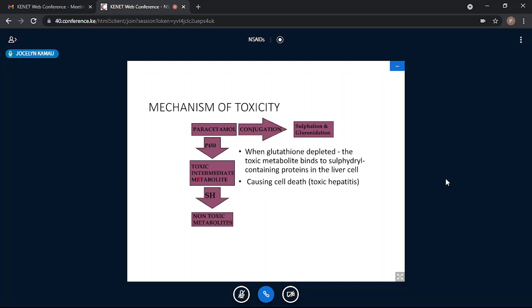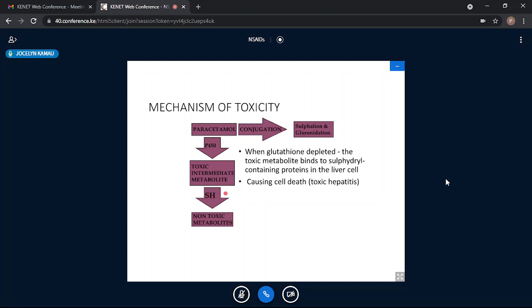So what's the mechanism of toxicity is what we have already said, that paracetamol normally undergoes sulfate conjugation and glucuronic conjugation. If you do have the cytochrome P450, and if it is acted on, it fails to go through that main route of metabolism, and it goes through the minor route of metabolism, which is the cytochrome P450 oxidation. It will give us a toxic intermediate metabolite, which will bind with sulfhydryl